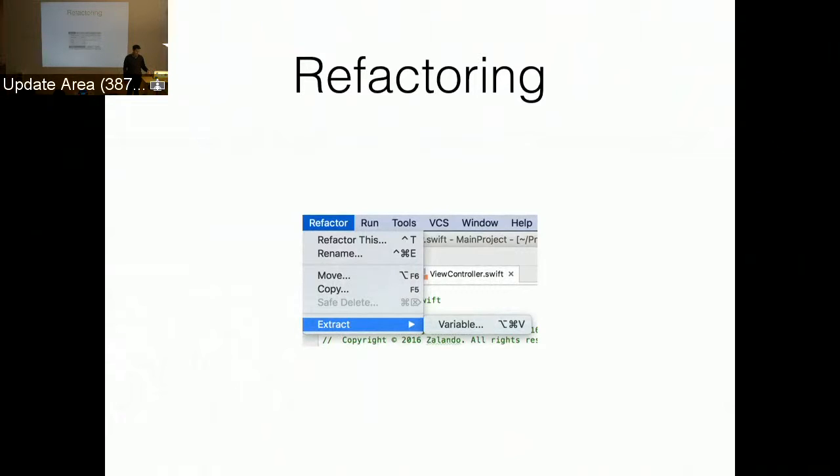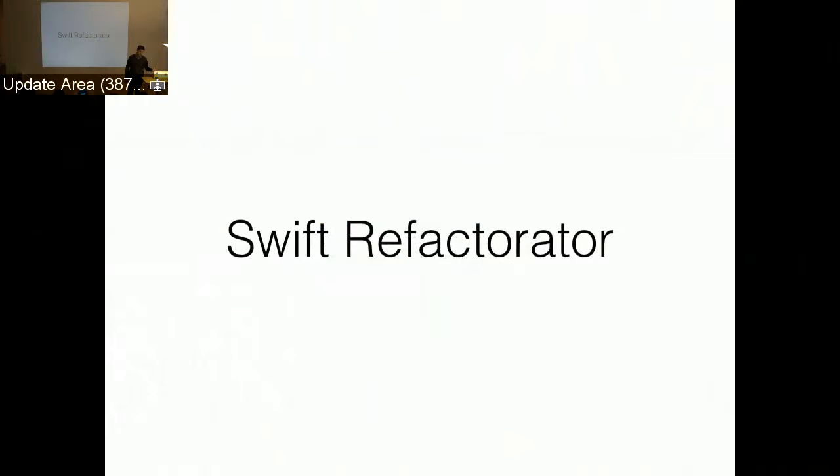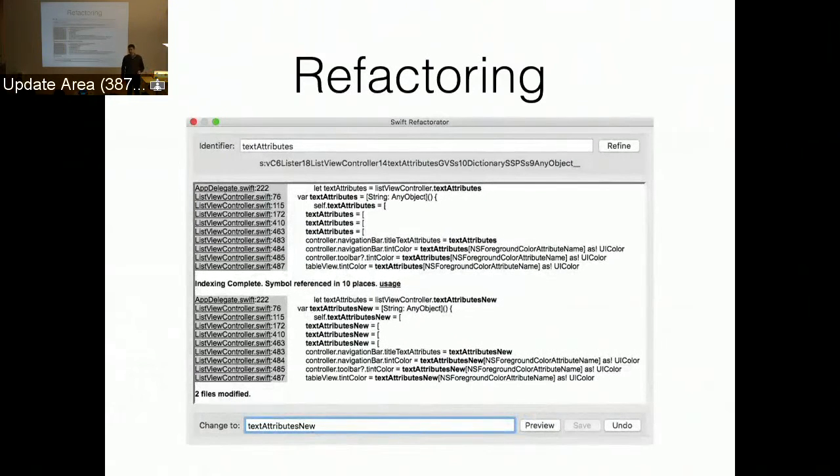There's another tool that is available for us to use, which was released, I think, two months ago, and it's called Swift Refactorator, I think. What it does is it allows you to rename any symbol in your code base. So not only can you rename within one file, but across many files in your project. These are the only options that I'm facing during my day-to-day development,